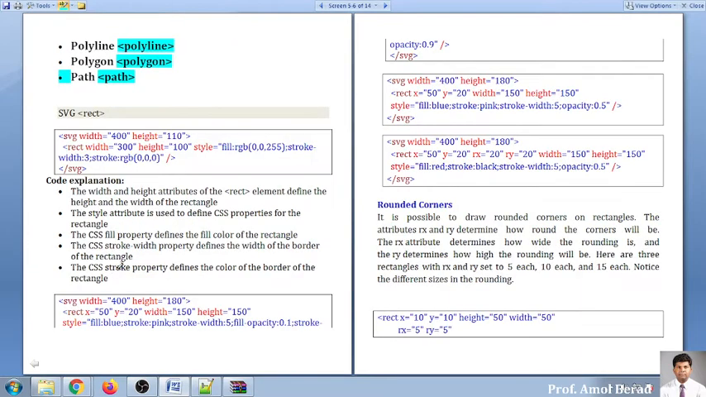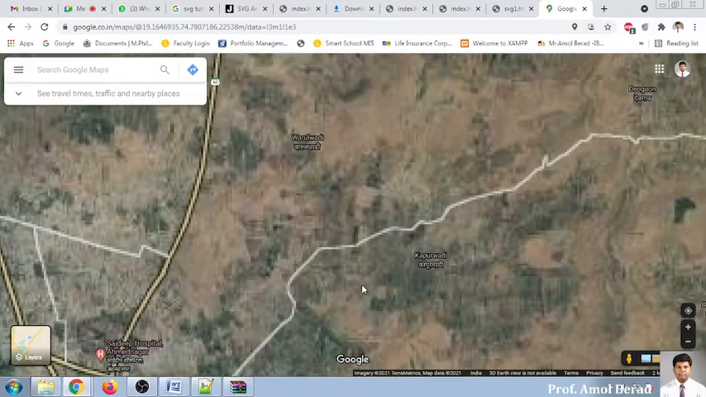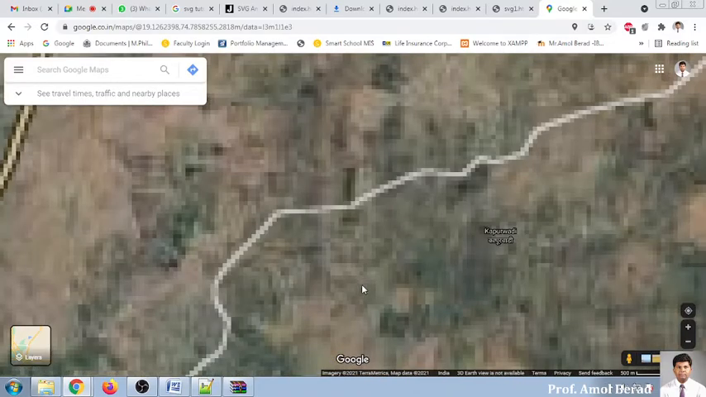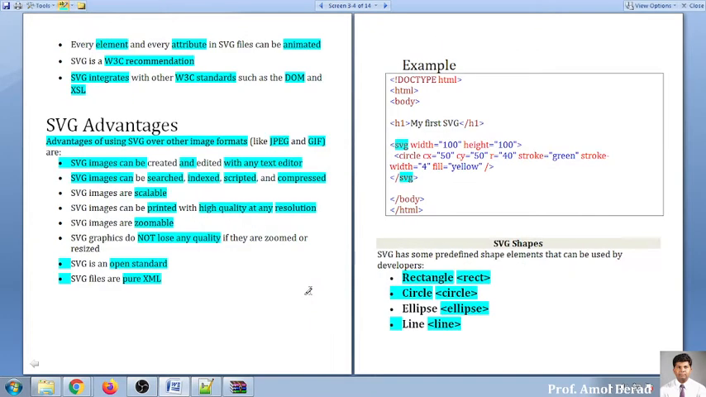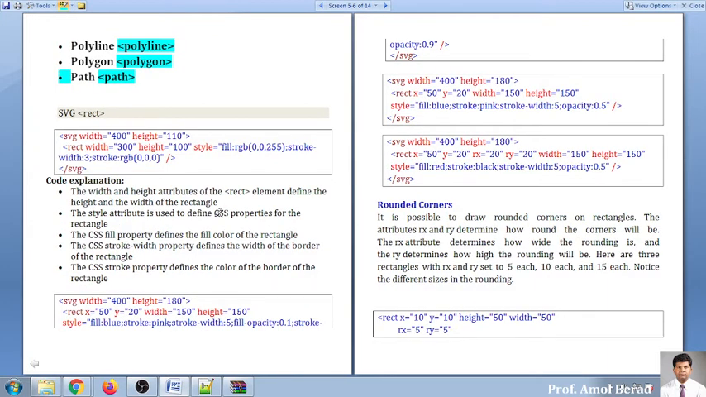SVG is used for drawing something and you can draw it. Don't think about how this is being created or how this Google Map zooming is going on. We will not go into detail about how it is happening. But what is important for us to know is that we should be able to draw some shapes on a screen. Basically, these types of shapes can be drawn on SVG, and we will be moving towards creating a